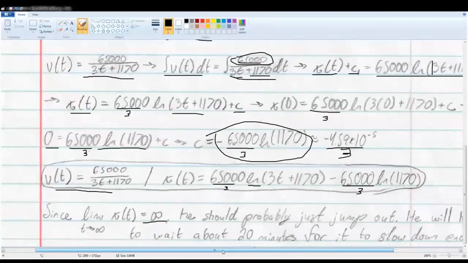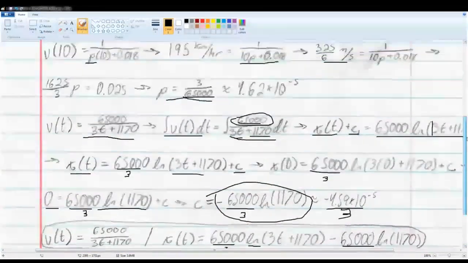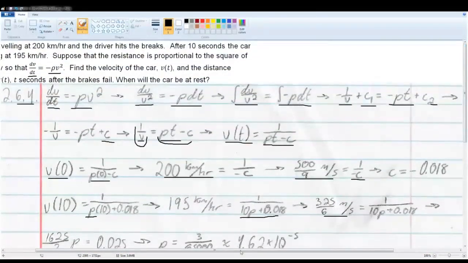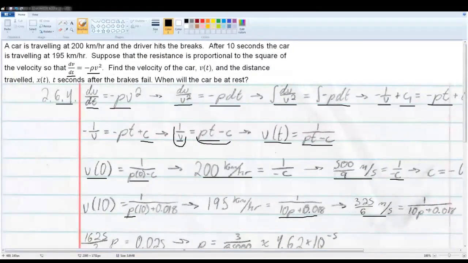And so, yeah, that's sort of a mix of question 2 and also question 3, because question 2 has negative rho v, and question 3 asks us to solve with negative rho v squared. So kind of a mix of both with different numbers. So yeah. Okay, so